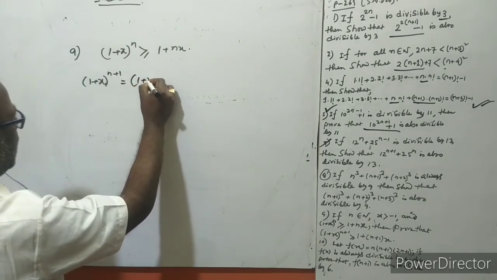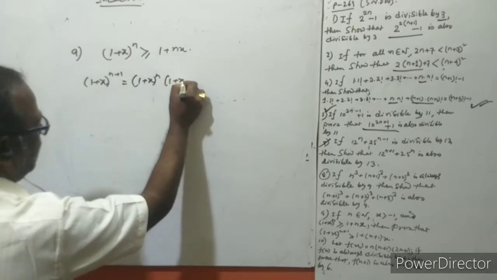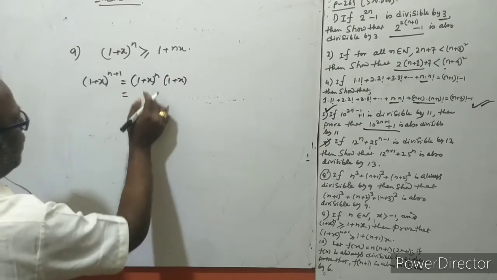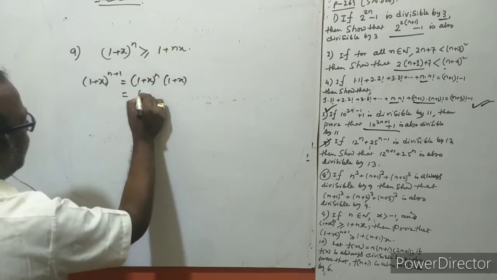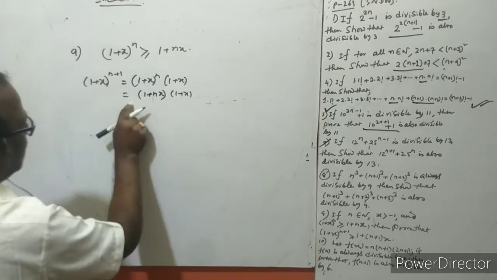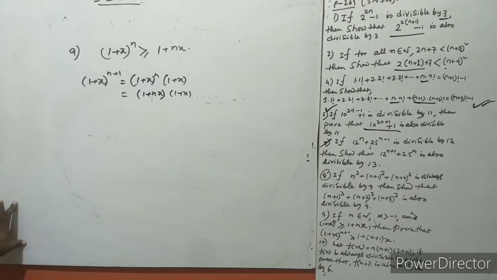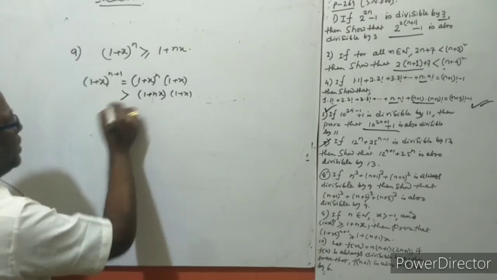Split the power like x to the power n. It is given that the power is here, so you can explain now. And now in place of (1 plus x) whole to the power n, substitute this figure. So (1 plus nx) into (1 plus k) here. But this expression is not equal to the previous condition,